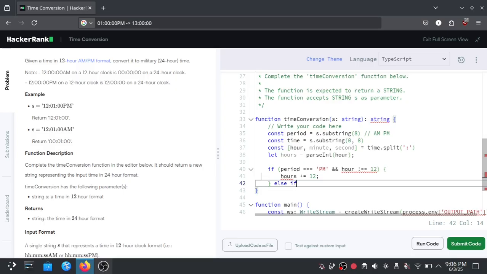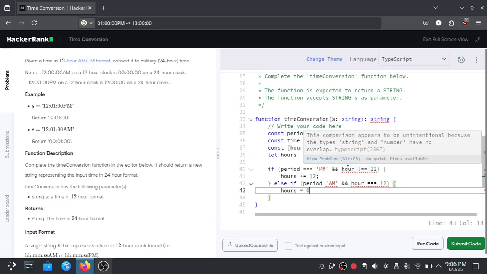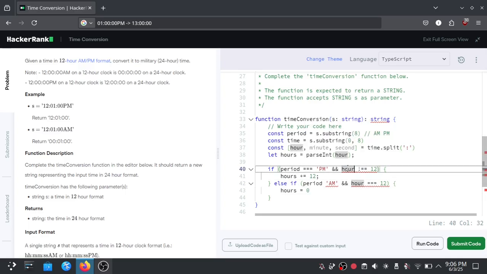we can use else if the period is ante meridiem and the hour mark is equal to 12, and then we can change the hours to 0, not adding another 12 or anything, because it's in the 12-hour format. And then we can correct this part and also this part,